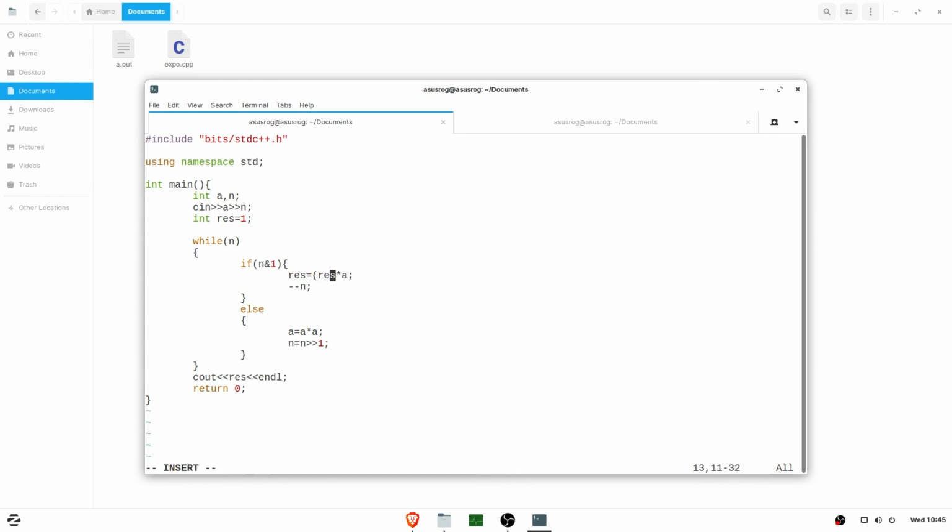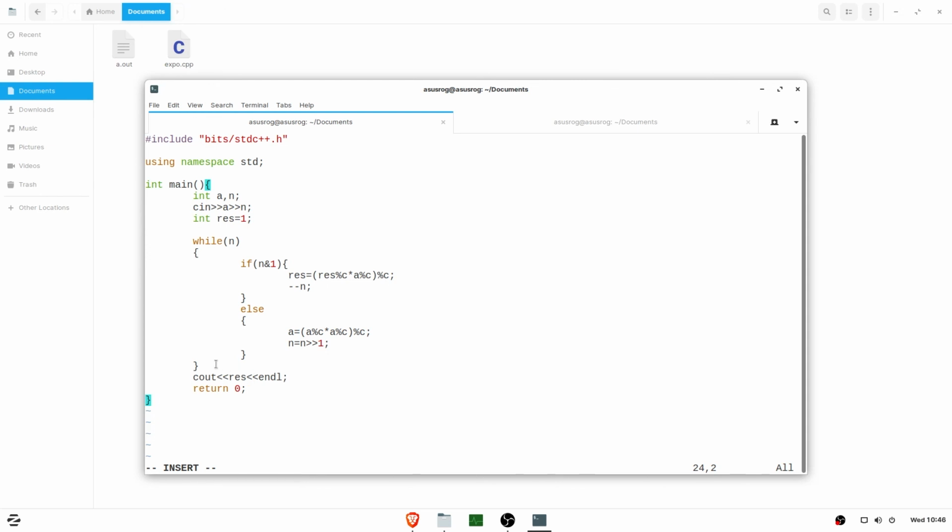For example, you can do this: res mod c and a mod c and whole mod c. And if you are doing it here, you can do a mod c and then again a mod c and then whole mod c. So if you want to calculate higher powers and print it modulo some number c, then this code will definitely work.